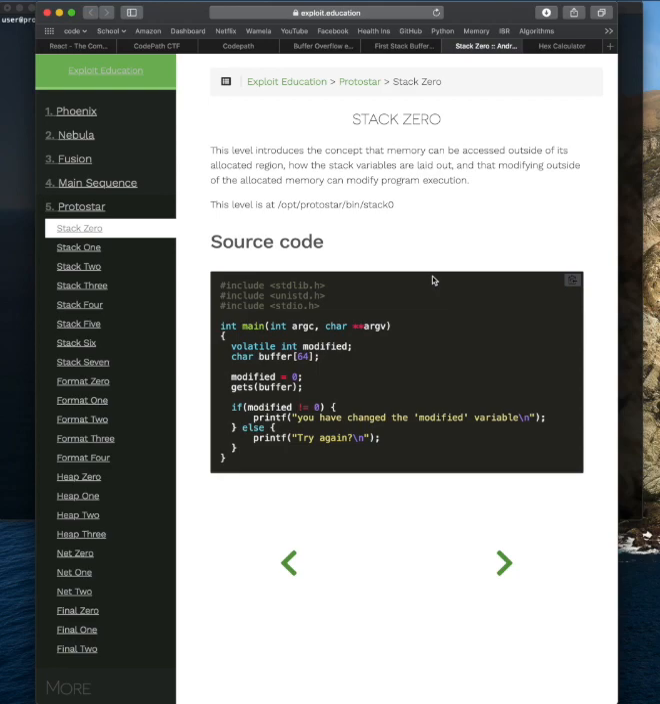So first off, if we look at the source code, we see that there's a character buffer of 64 characters. This entire attack is largely based off of that buffer. We see it's 64 characters, so we know that if we entered 65 characters, then it would overflow. Our goal here is to change the modified variable. So what we're going to do is attack the stack in order to overwrite the buffer into the modified variable